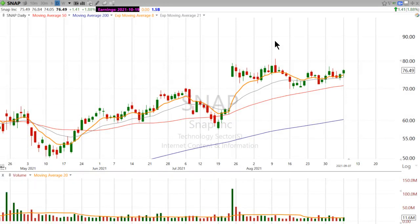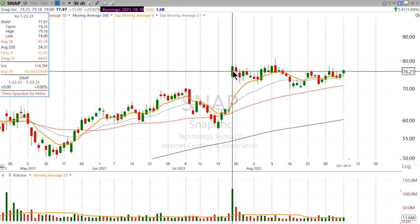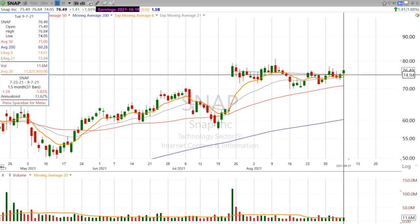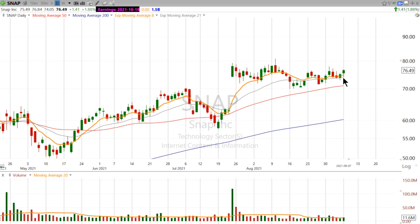I want to take a look at Snapchat. This is ticker SNAP. So Snapchat had a nice big earnings gap up here in July, and ever since then, it's just kind of been going sideways. We have this nice month and a half long base of sideways consolidation around its 8-day and its 21-day exponential moving averages. Now, as a swing trader, those are some of the key moving averages that I use